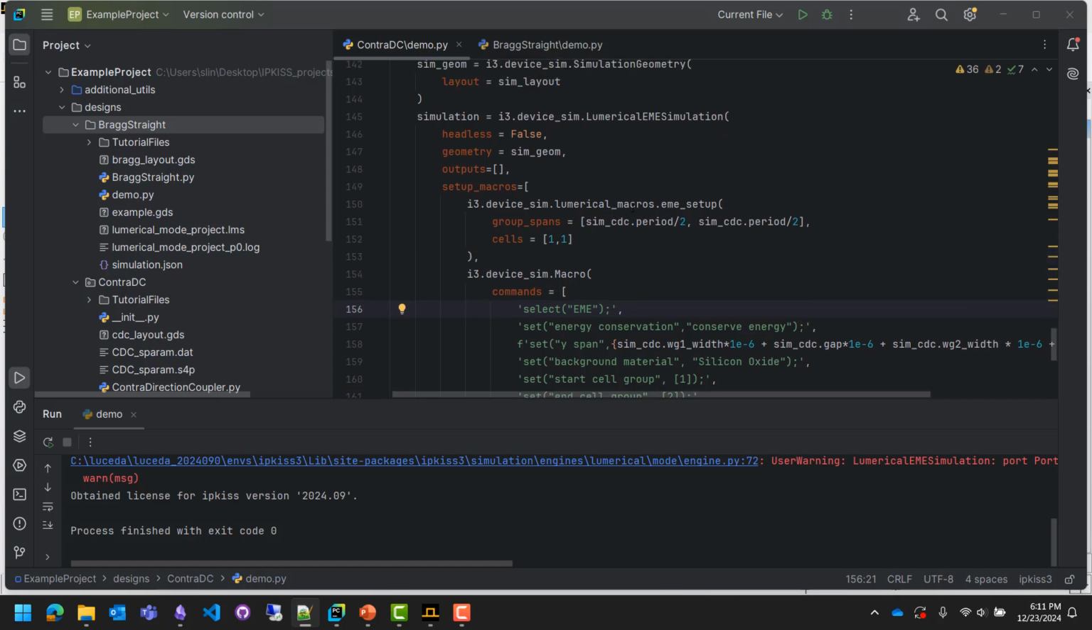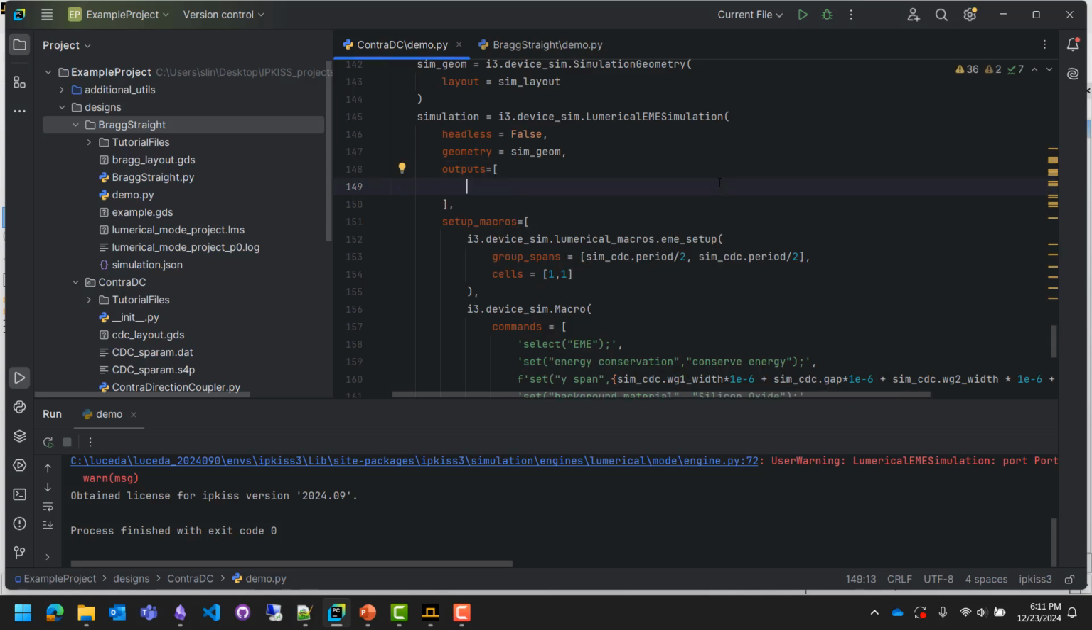So up here in outputs, we can have our simulation object actually create something for us, whether it's a variable or a file. So what we want to do is get the S parameter file. How to do so is in outputs, we can add a